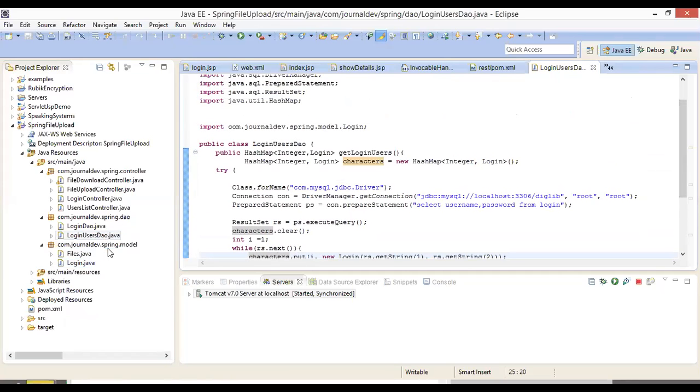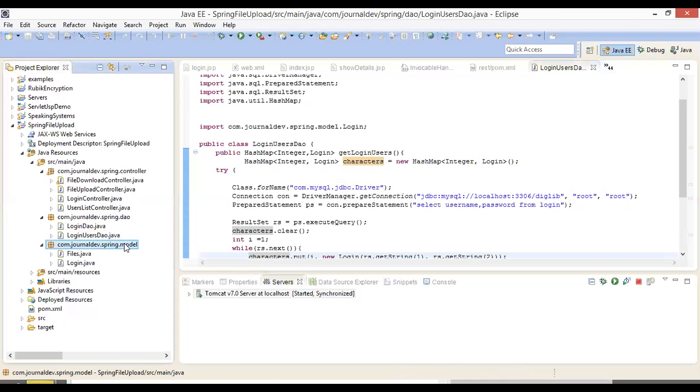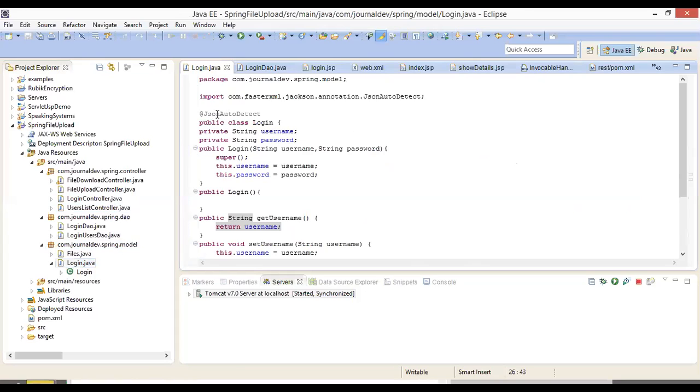So this is what we have to use, this data access object, in our controller, because finally we need controller. I said three things, no? MVC. M means model. Model is already over. In that only view is there, because we are converting that into JSON.